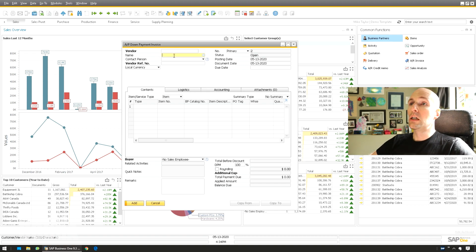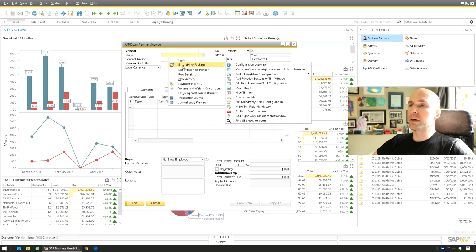So you can use the same validation, and I'll show you where you would put multiple forms if you need to. So what you're going to normally do is you need to add a B1 validation, which you can consider something like a B1 trigger. So what we're going to do is we're going to right click, we're going to select B1 usability package, and then we're going to click add B1 validation configuration when this item is validated.